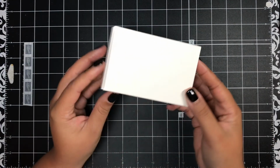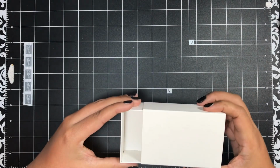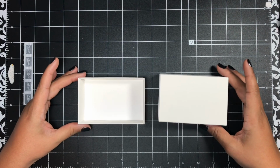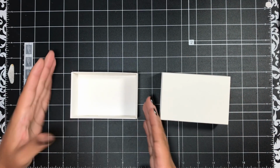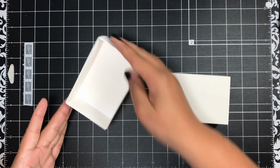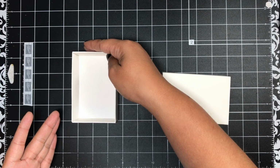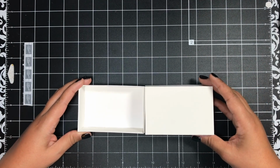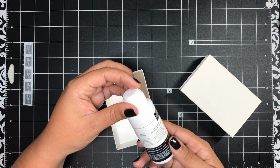And once you assemble it, this is what it looks like. It is a really good size. I mean, look at that. It's a really good size. So let's see, this is about 1, 2, 3, 4 inches in length and just under 3 inches wide. Really, really great size. So I wanted to show you, just to give you an idea, you can fit